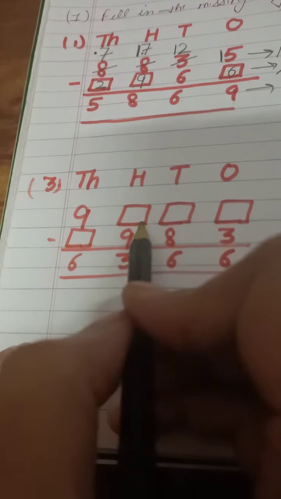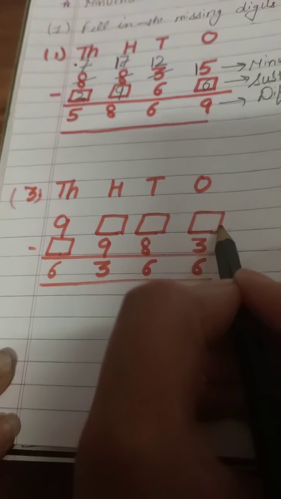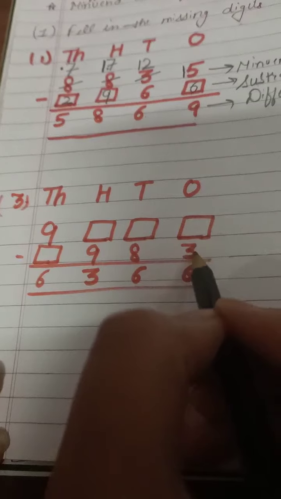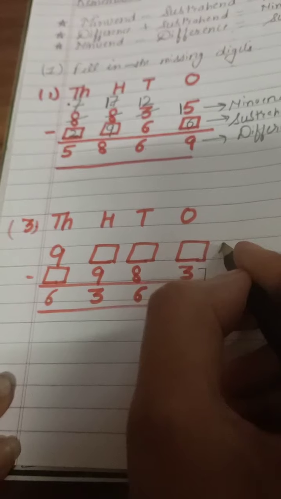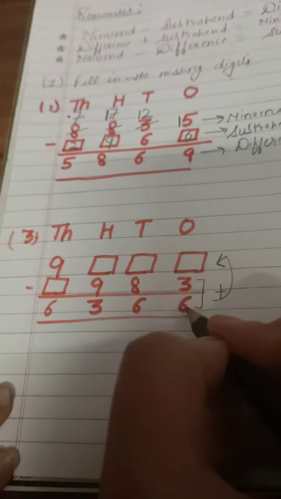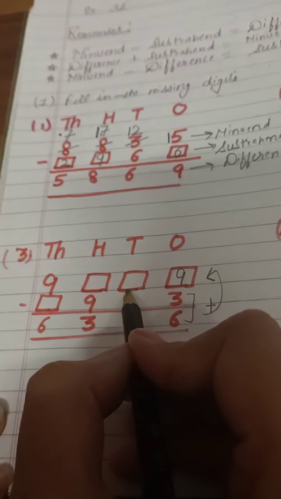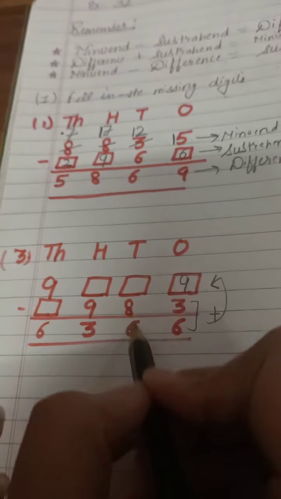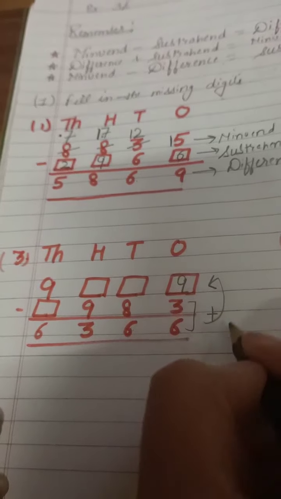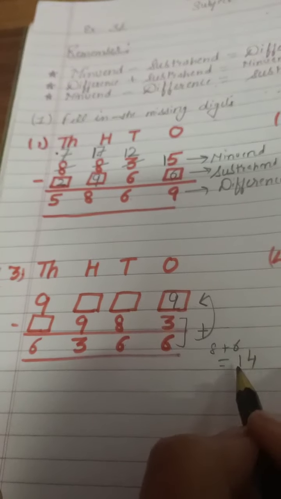I am explaining third. Now here we have to find, yes, this is minuend. When we find minuend, we will add the difference and the subtrahend. We will add these two numbers. Okay student, 3 plus 6, 9. So write here 9. Very good. Again here we have to find, yes, minuend. So we will add the difference and the subtrahend. Okay, so 8 plus 6. Yes student, 8 plus 6, that is equal to 14. Okay, so we will write 4 here, 1 carry over here.